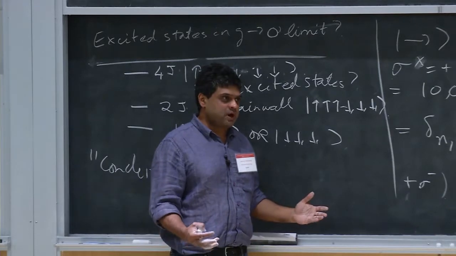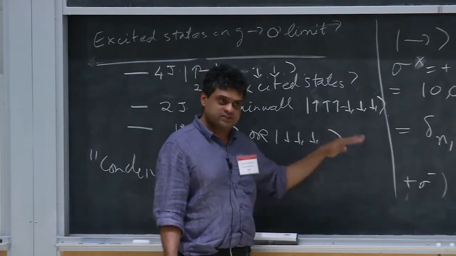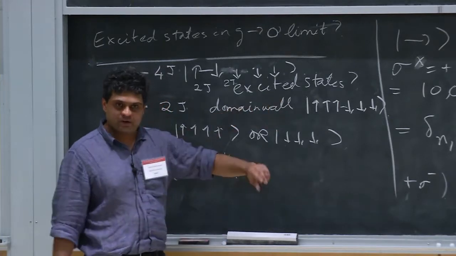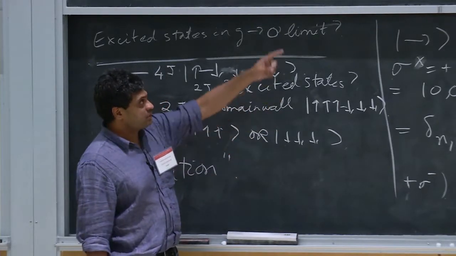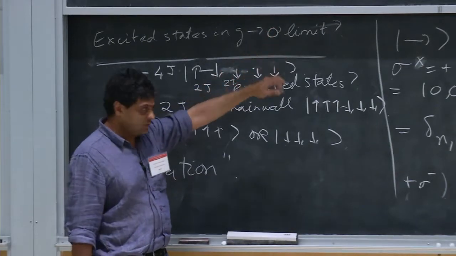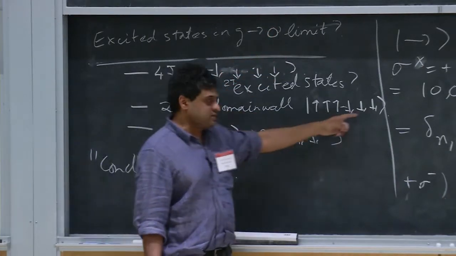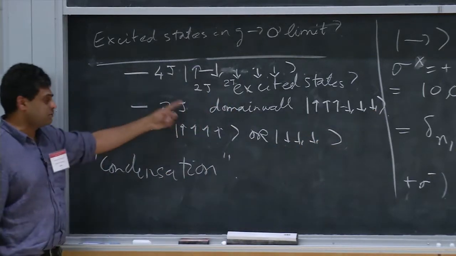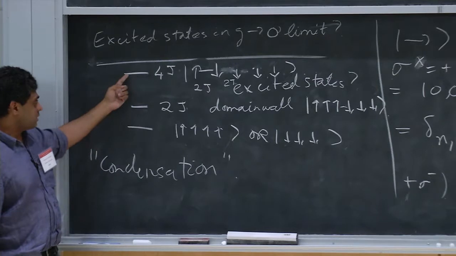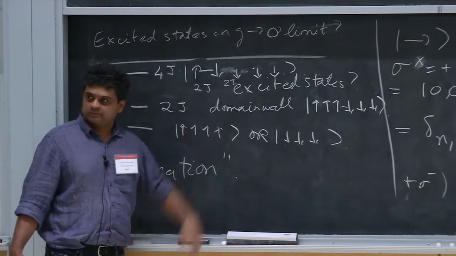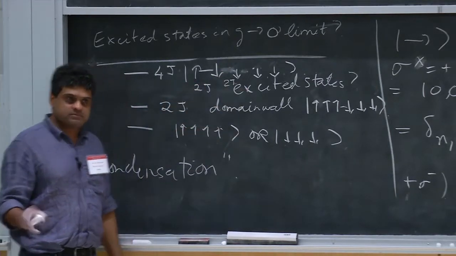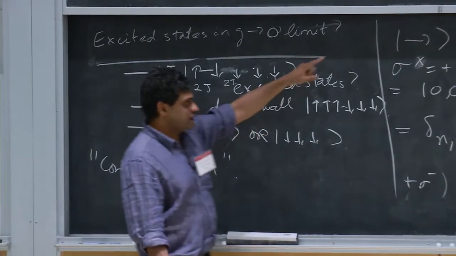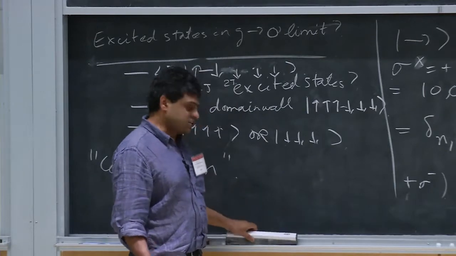So if you do a physical experiment, for example, people do neutron scattering on these systems, what they can do is they can flip a spin. A neutron can come in and flip a spin. So you can create those spin flip excitations we talked about before, but a single neutron cannot create this excitation. So if you do a neutron scattering experiment, this is actually invisible, you don't see this. The first thing you see is up there where you get pairs of these domain walls. So there's a physical distinction between these two kinds of states, the domain wall versus the spin flip, but we'll see mathematically they're extremely similar.